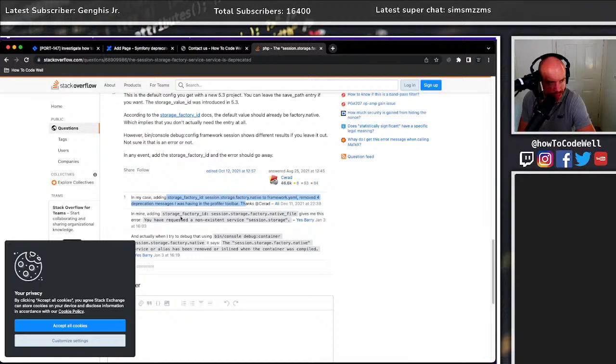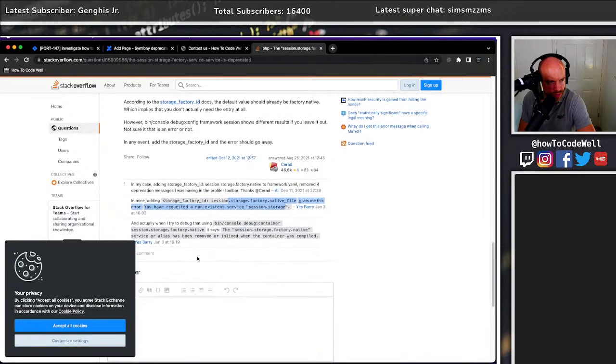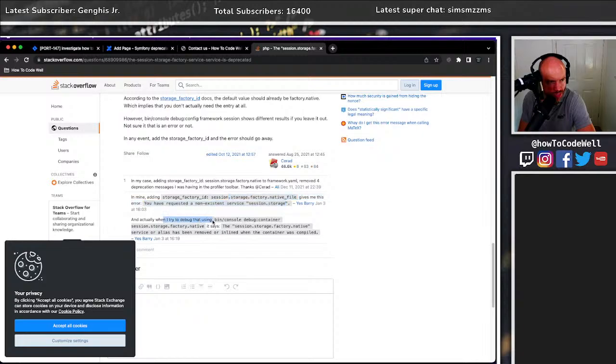Right, in mine, session factory native file gives this error. You have requested a non-existent service. Okay, and actually when I try and debug the container, it says the session storage native service or alias has been removed or inlined, sorry,